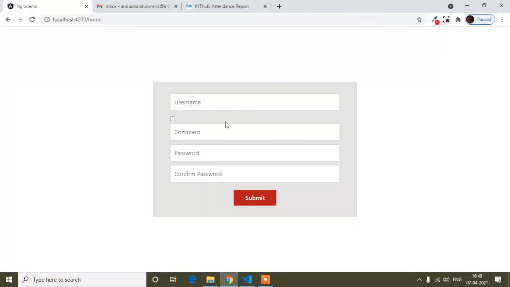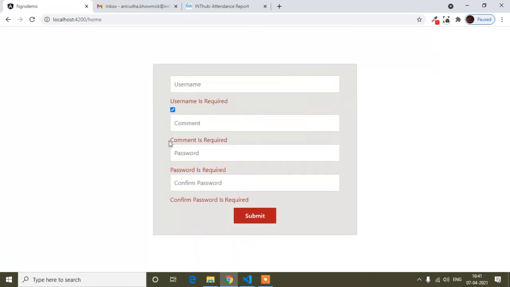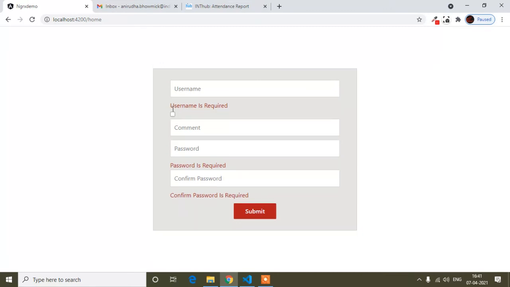Now you can see username required, password required, confirm password required, but comment is not showing required because I did not check this checkbox. But if I check it, now you can see comment is also required, and if I uncheck again, the comment required error message is gone. So hope guys you can understand what is called dynamic validation, or conditional validation.